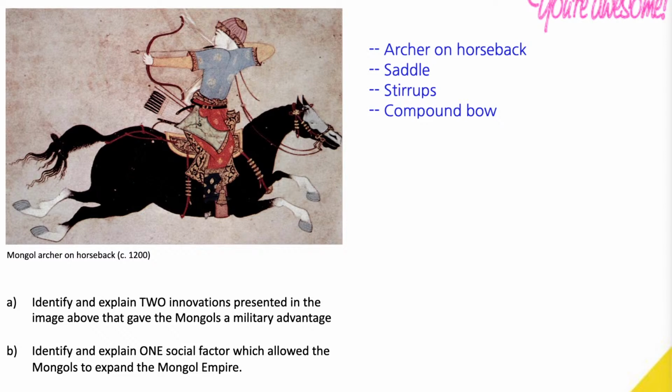So yes, the compound bow was pretty interesting. When the Mongols invaded Hungary, what the Hungarian archers found out is that the compound bow had a longer range than their longbows, and they were very surprised, because this is a much smaller bow. Yeah, you said maneuverability. Nice. Okay, so this is light,